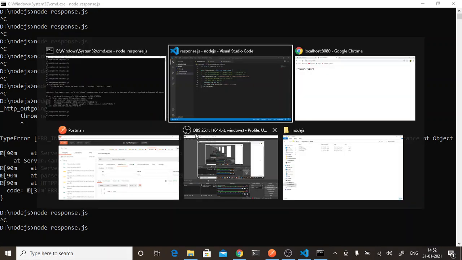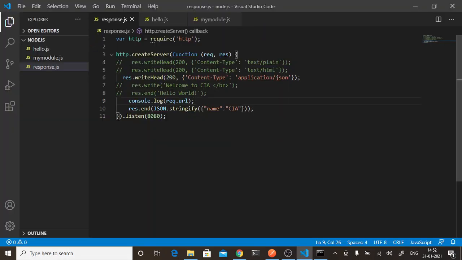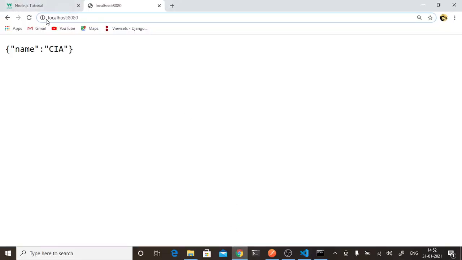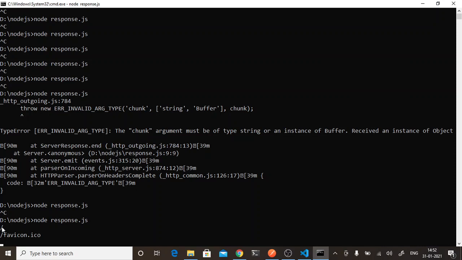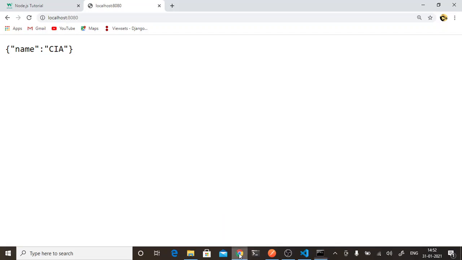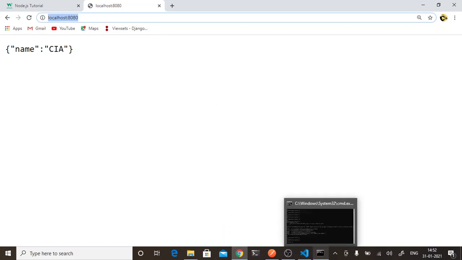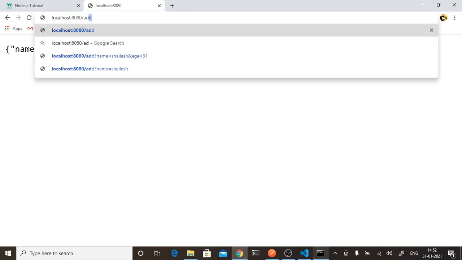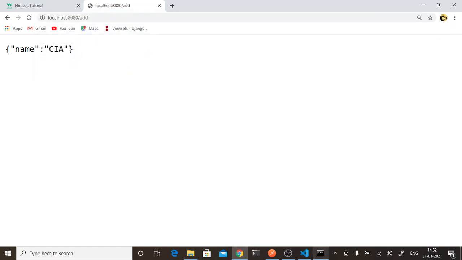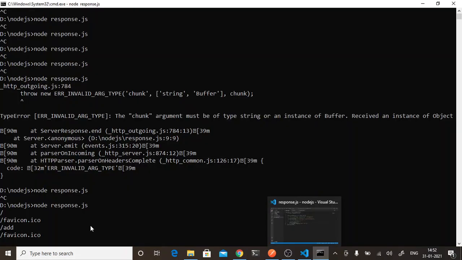So see, in the backend we got slash because it is at root. We have not passed anything. So if I pass add now, it has printed add.